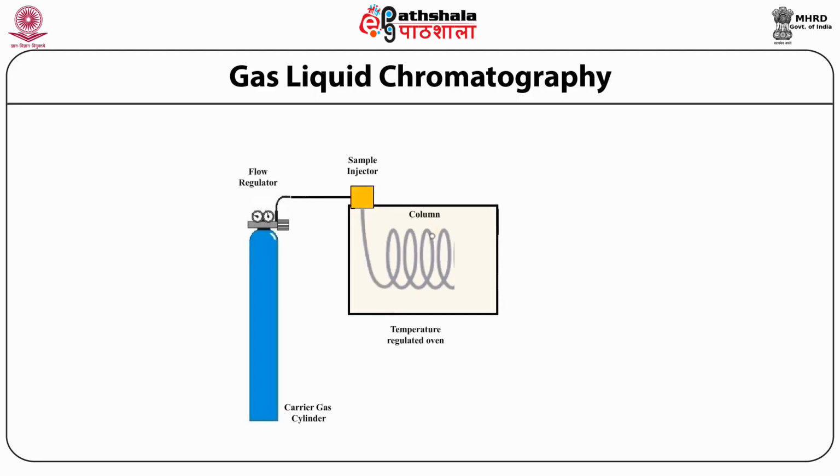The equipment generally consists of a cylinder containing a carrier gas, which is used for supplying gas into the instrument; the flow regulator that controls the flow of carrier gas into the instrument; an injector that helps in loading of the sample; the gas chromatography column where actually the separation takes place; the temperature regulated oven that helps in maintaining the temperature during the whole separation process; the detector, which is present at a short distance from the column, that helps in detection of the analytes after the separation; and data systems or recorder where the data is recorded and generated.